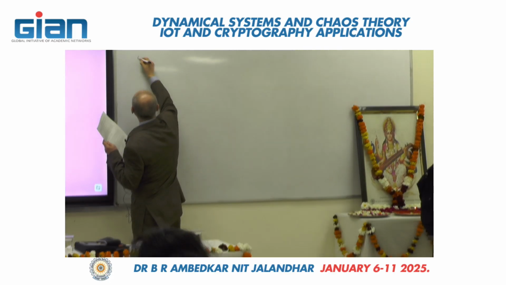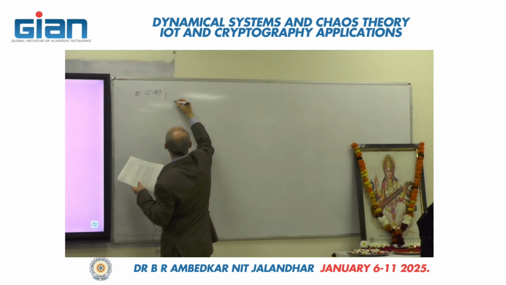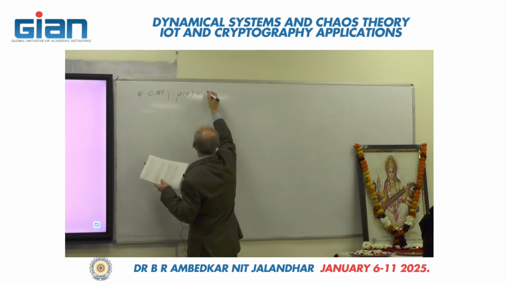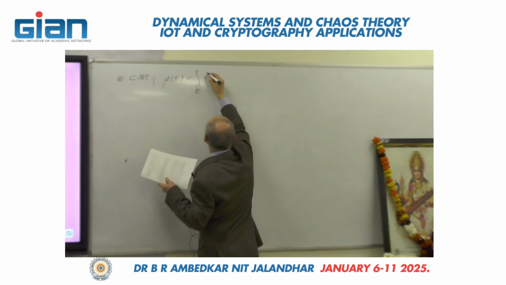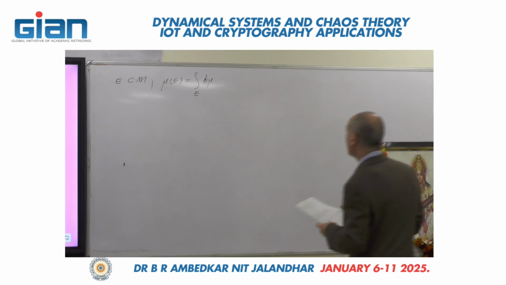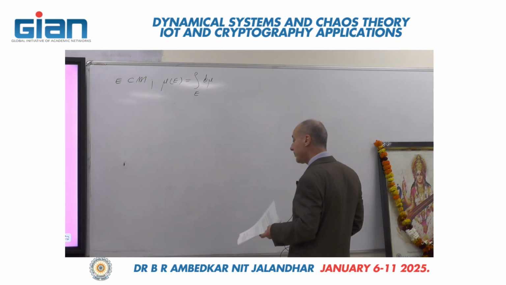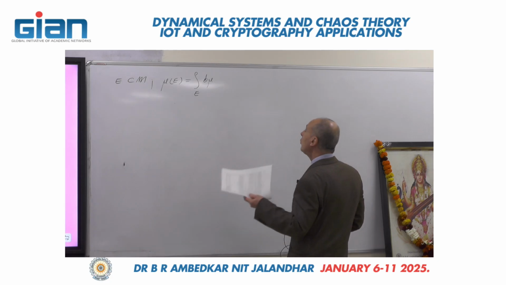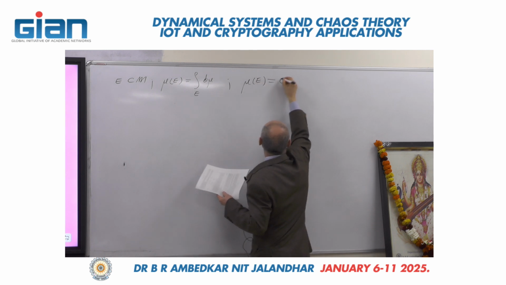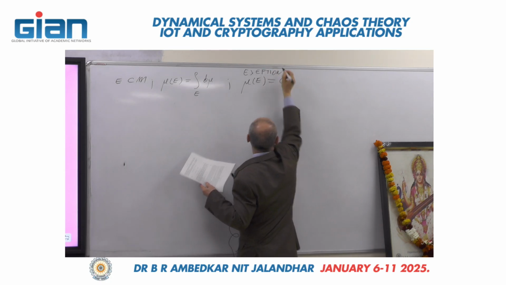So I take a subset of M, my space, and by the measure of the set E, mu of E, I mean the integral over the set E of the mu. That equality there of time average and phase space average, as it is called, will be good if the exception is a set of zero measure.